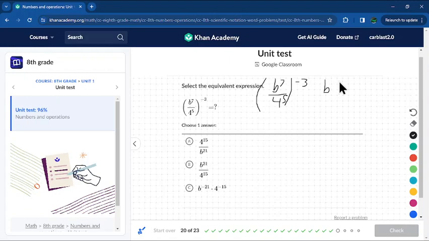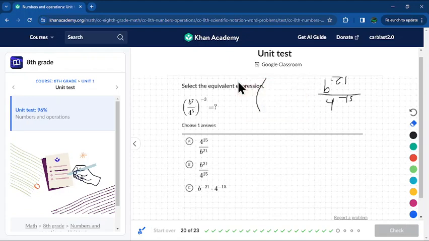So b to the 7th times 4 to the negative 5th, all to the negative 3rd, is b to the negative 21st over 4 to the negative 15th. So now you're like, we don't see that. We see b to the negative 21st times 4 to the negative 15th, but it's divided by. So what you do here. So now, what you do,